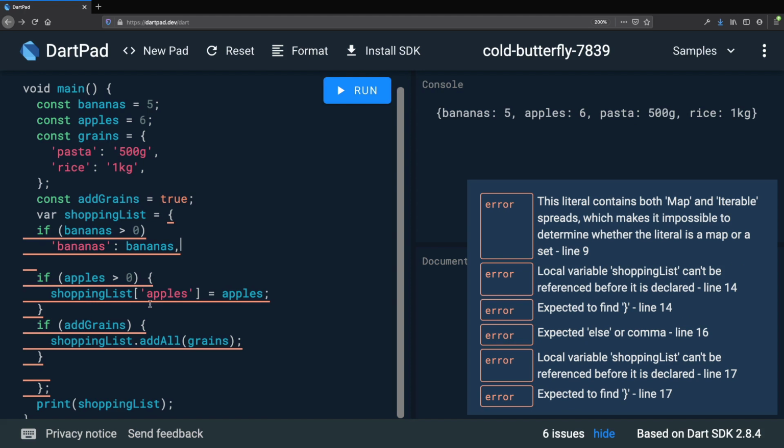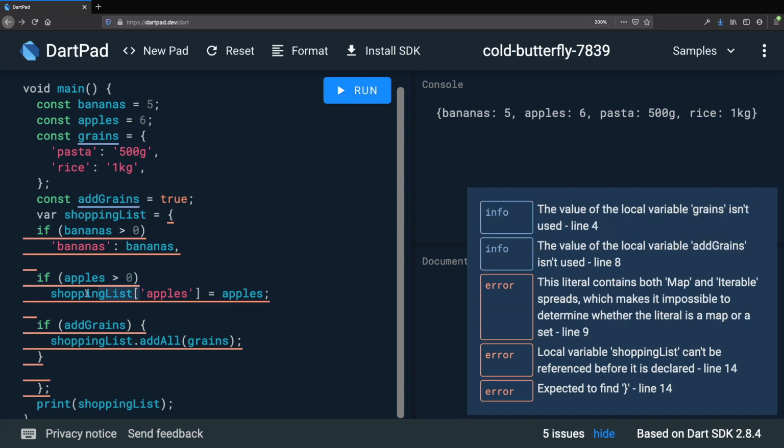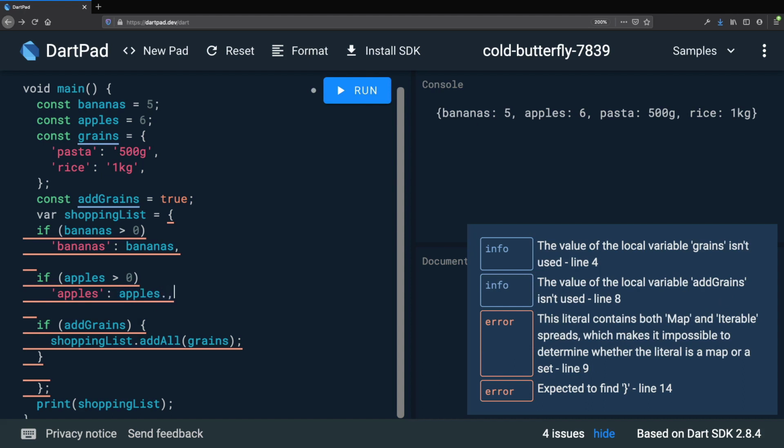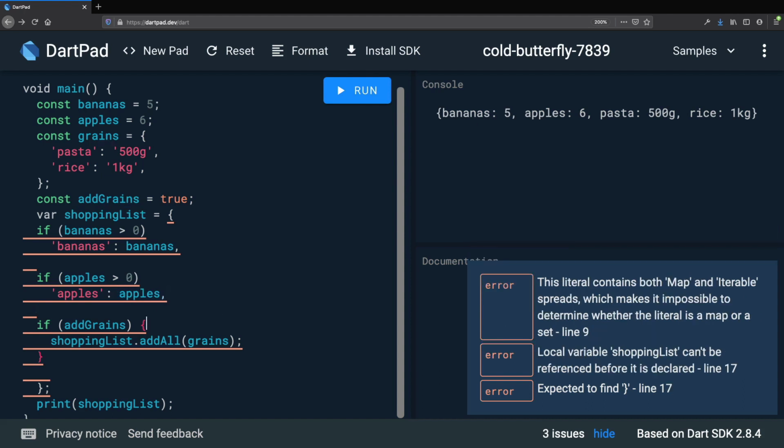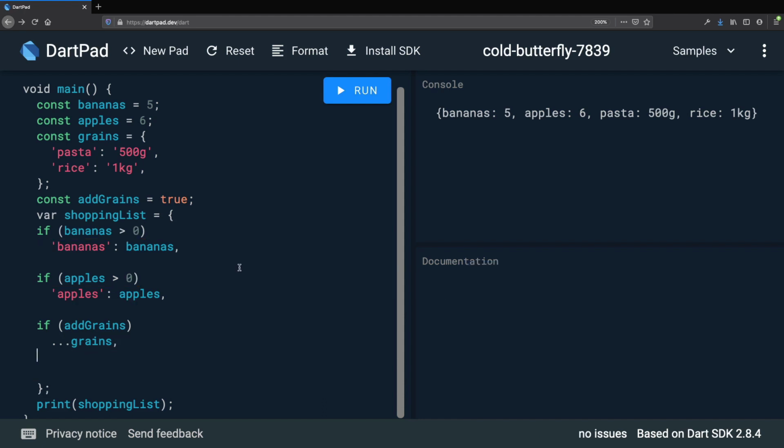Then we can do the same thing with the next if statement. So again, we can remove the curly braces and change this line to become a key value pair, like this. Finally, we can update the last if statement and remove the curly braces. And because this grains variable is already a map, we can add it directly with the spread operator and type ...grains, like this. And as we can see, all the errors are now gone, so we can format this